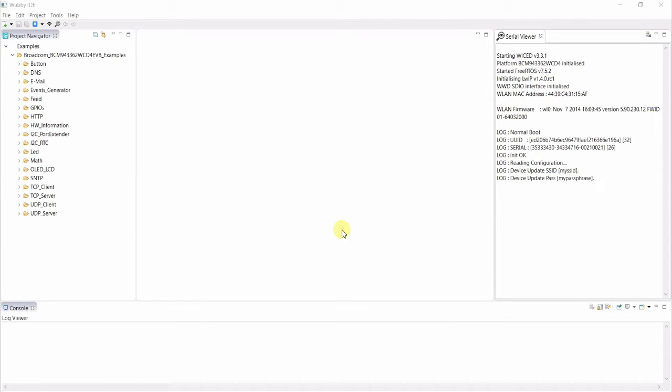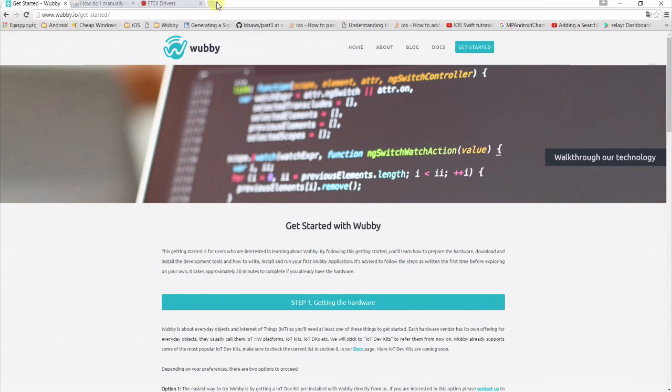Each device needs to be registered at the Wabi Cloud before it can be used. For that reason, a 256-bit unique ID or UUID is generated for every device and is provided either as a printed label on the device or directly by the manufacturer. The UUID is also printed in the log message during device initialization. To register a device, we need to use a Wabi client, either the web page version or the smartphone app. For this example, we will use the web page.